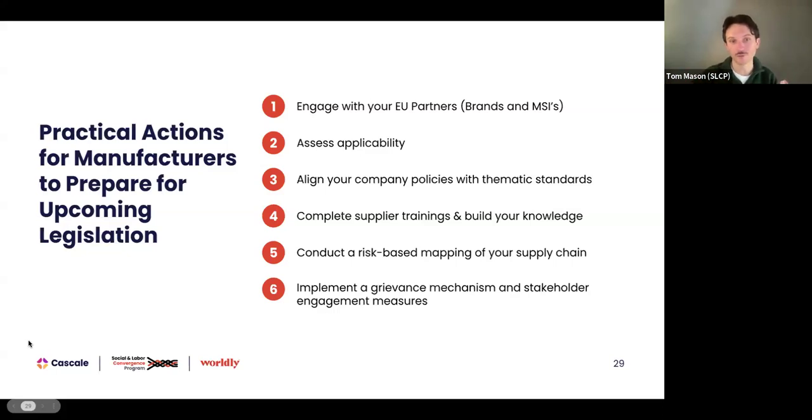And this is a really practical way to start doing this, is to ensure that you are working within your supply chain to facilitate these conversations already. And again, your EU partners will be able to help with more information, and there's extensive information which we can also provide to you if you have specific questions on any of these.